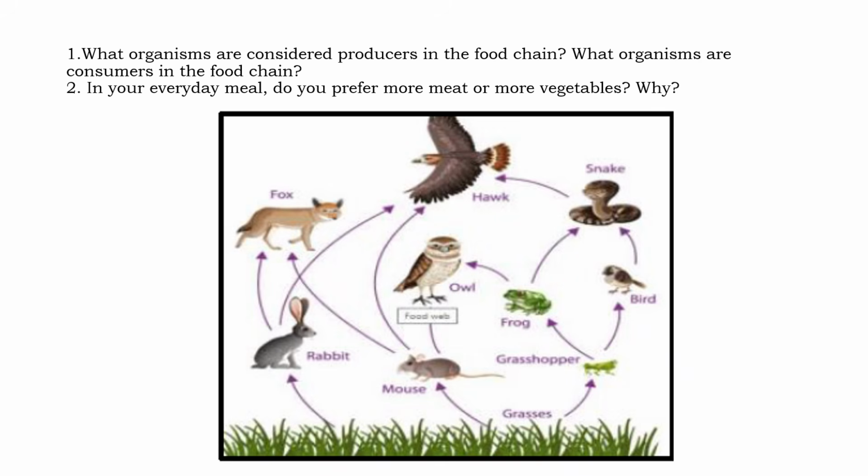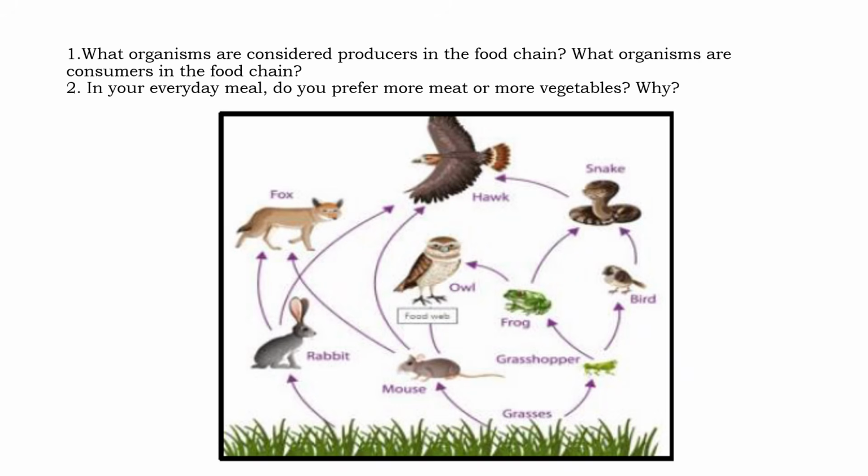Alright, so let's discuss the difference between a food chain and a food web and the different components of organism category within a food chain. So what is a food web? A food web is a diagram that shows how energy and nutrients flow through an ecosystem. It's made up of many food chains connected together like a big network of who eats whom in nature.